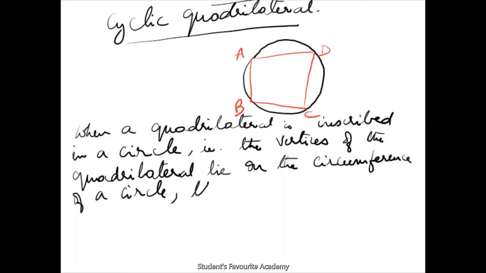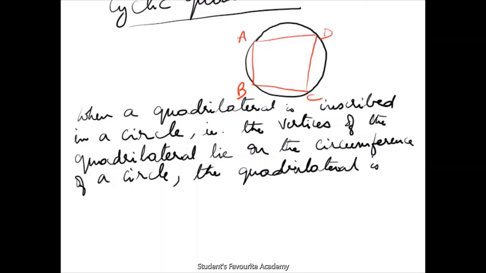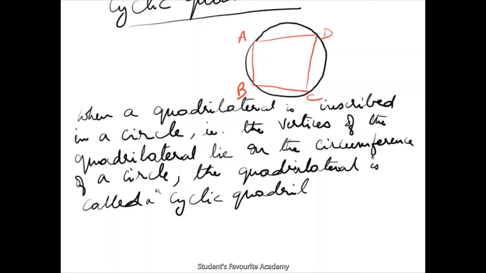The quadrilateral is called cyclic quadrilateral. Okay, it's called a cyclic quadrilateral. You understood the meaning of cyclic quadrilateral. Now we will learn some theorem